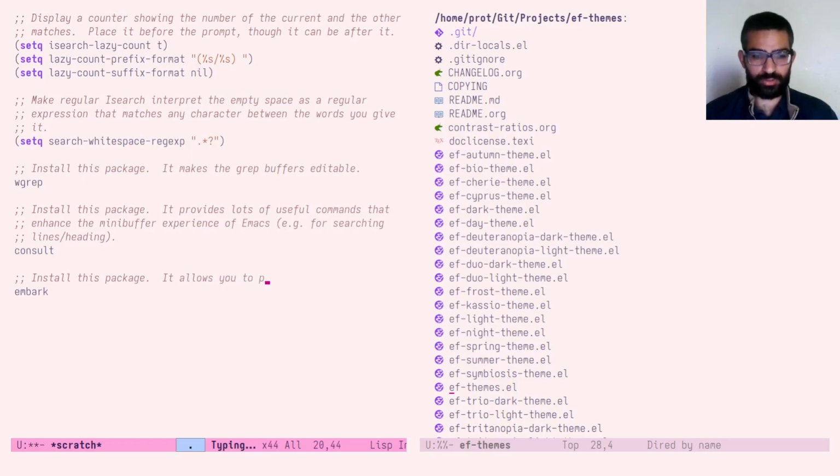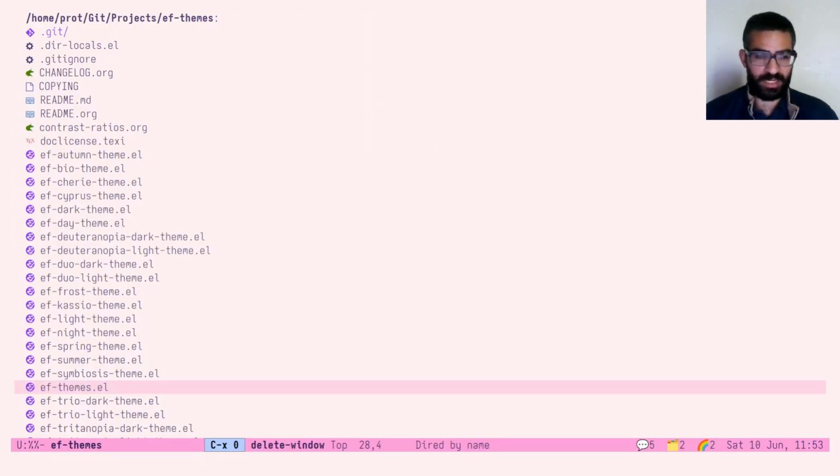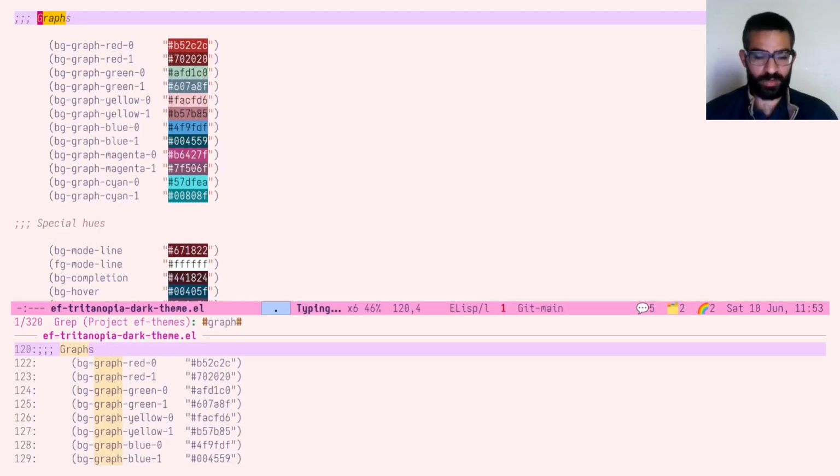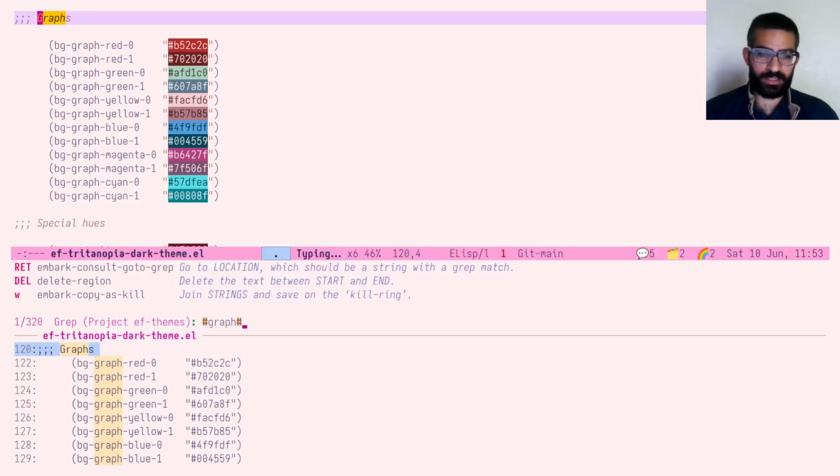It allows you to perform context sensitive actions using a prompt and then a key/action selection interface, just like this. Again, I will have all this on my website. Let's be here and let's use consult grep. And what I will do now is that I will invoke Embark,